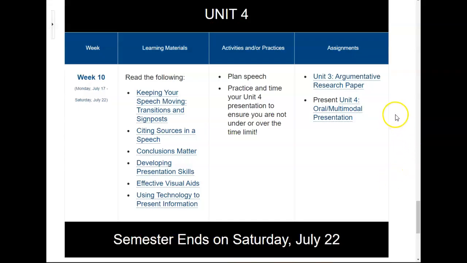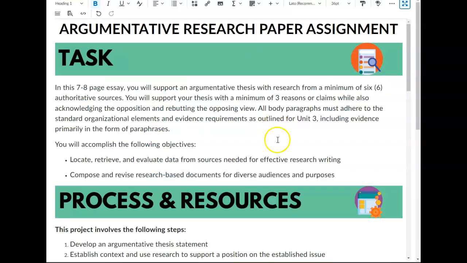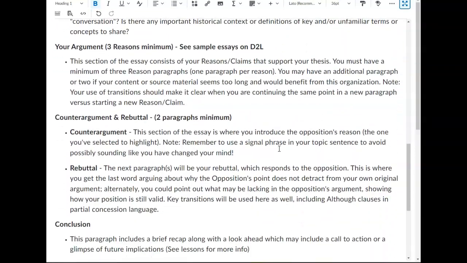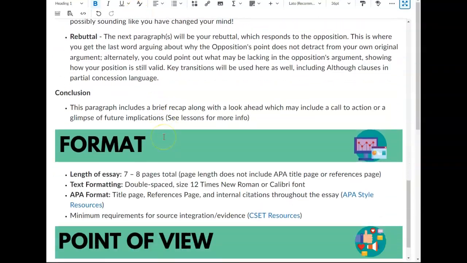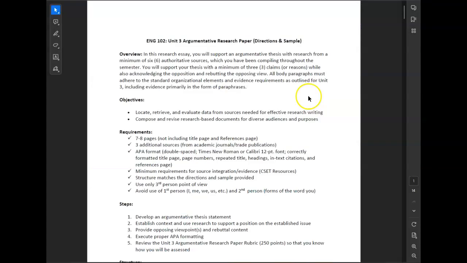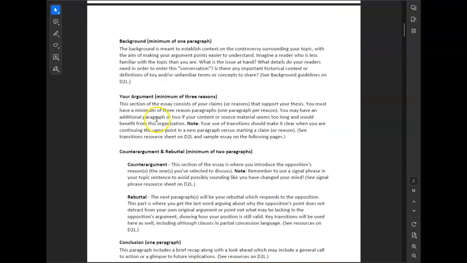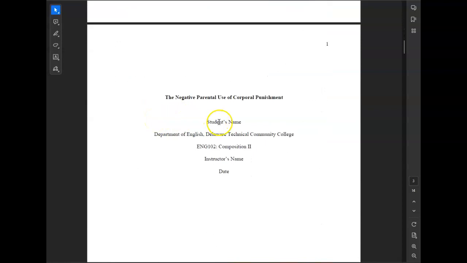So here are the final week's presentations. Ready? First, we have the Unit 3 Argumentative Research Paper Assignment. You know this. You've been using it. You've been working on it. If you don't want to use this paper here with all of this information and the format, then you can use this one that I gave you in the announcements for the last 6 weeks. So it'll show you exactly what you're going to do. Plus, it shows you one hell of a good sample. Okay? Follow these samples and directions, please.